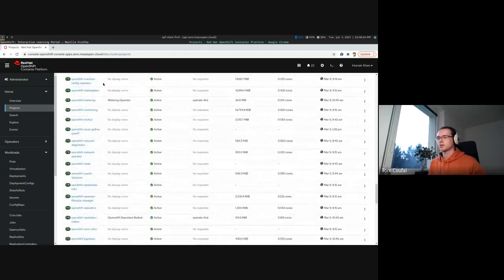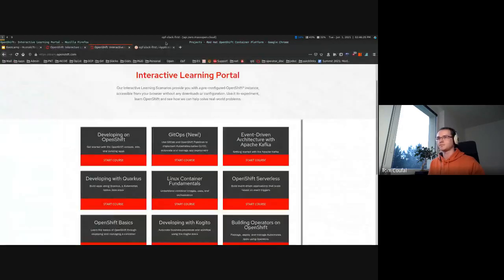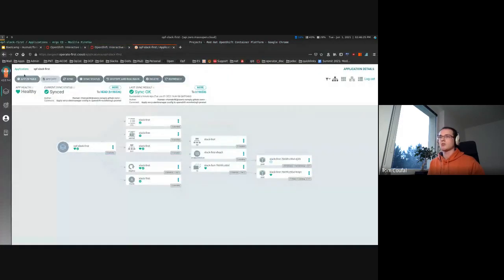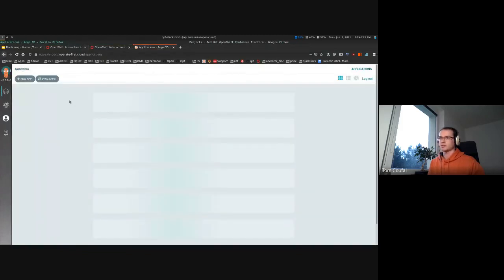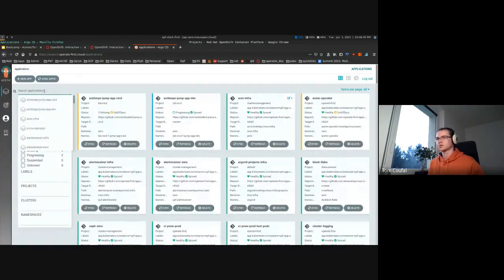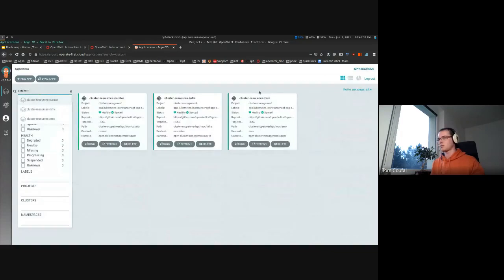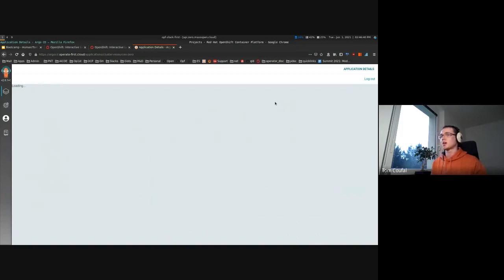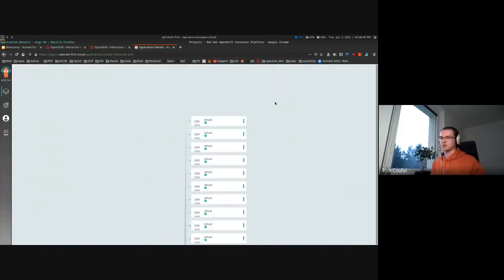So if we go and take a look at the Argo CD, we have also applications for managing those cluster resources and managing those cluster-wide important things that make up the cluster and enable people to work with the cluster, creating namespaces, creating user groups, creating networks on the cluster, and stuff